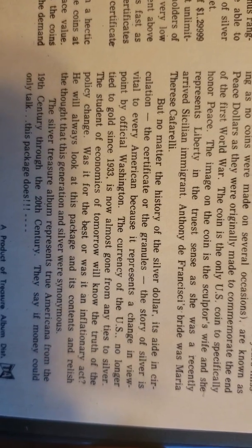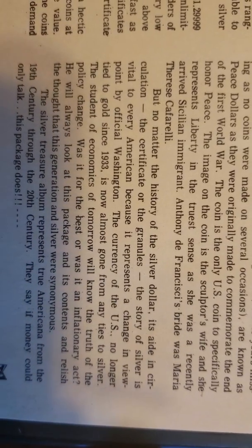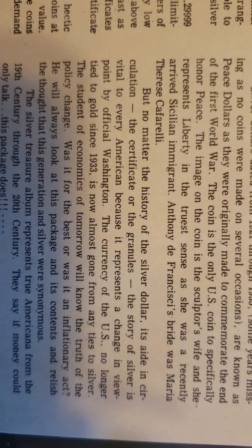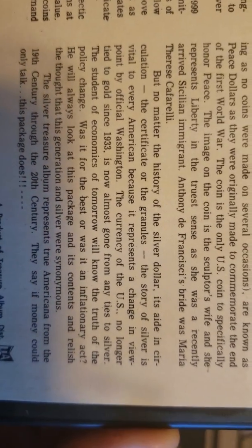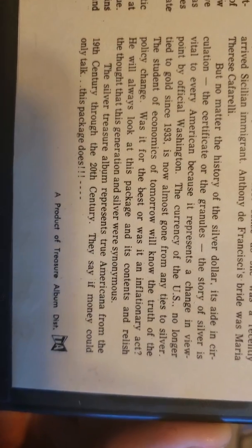The image on the coin is the sculptor's wife, and she represents liberty in the truest sense, as she was a recently arrived Sicilian immigrant. Her name, I'm not going to try to pronounce that. But no matter the history of the silver dollar, its aid in circulation, the certificate or the granules, the story of the silver is